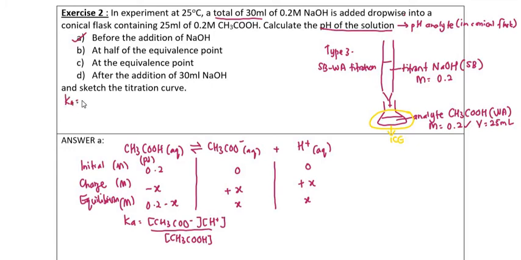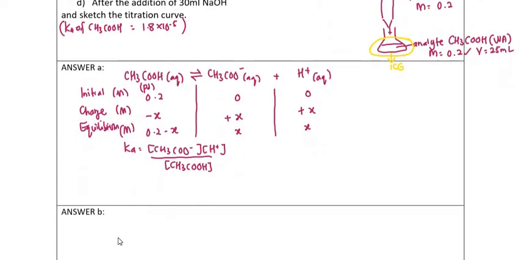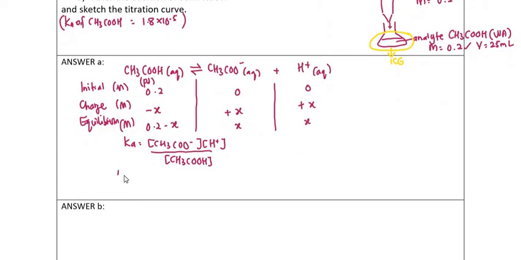Ka for acetic acid should be given in the question. 1.8 exponent negative 5. Then you substitute the value here, 1.8 exponent negative 5, inserting the values from the equilibrium row, X